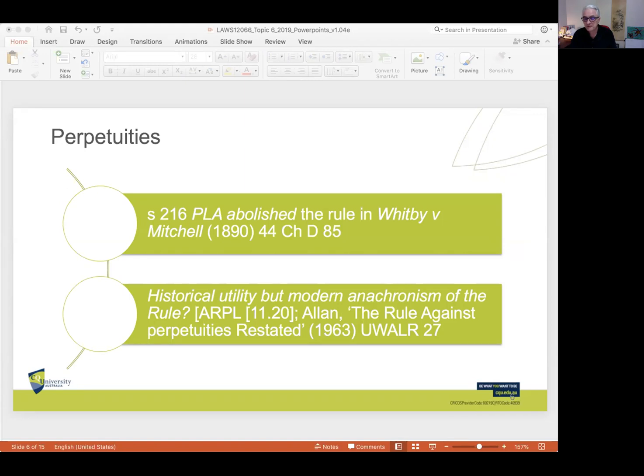And you can see, for example, I take an extract from the article by Allen from the casebook, in looking at the policy question that's raised, and looking at this idea that this freedom to dispose of assets is about the proportion of assets, the period of control, and the capriciousness of the purpose in relation to the control. Allen points out that the rule against perpetuities is directed towards the second of these, that is the period of control. It is only in the need to limit the period of testamentary control for social reasons that the rule today is required. That's Allen's position. Okay. Now, in light of the review of the PLA and Part 14, I'll come to that shortly under the property law review,